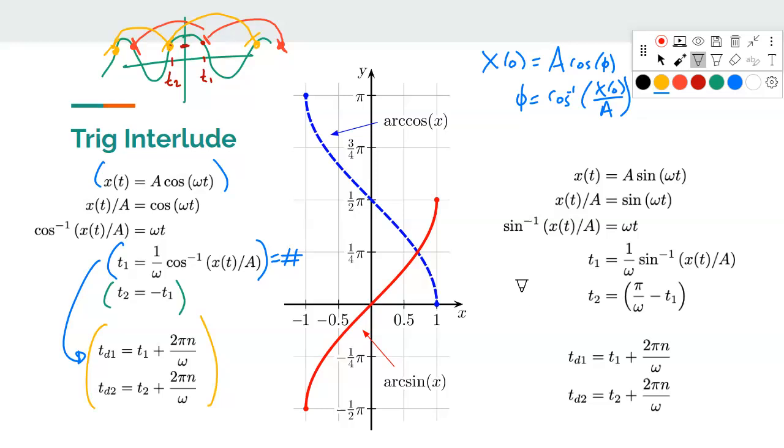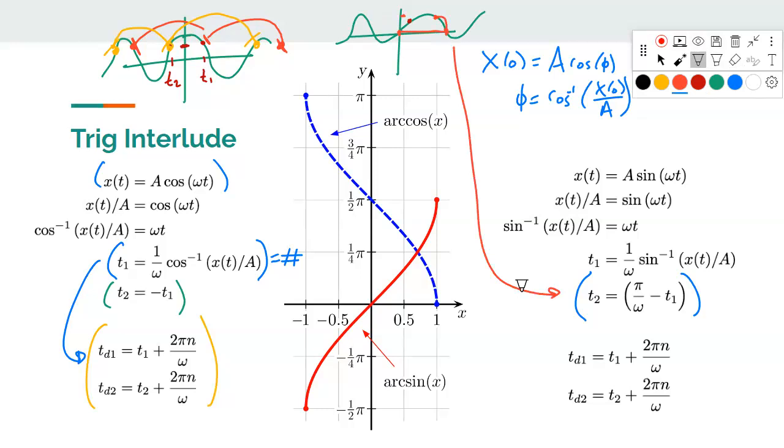But you can see that when you use sine, everything works the same way, except to get T2, it's a different formula. It's pi over omega minus T1. And that's because the sine function is not an even function. It's an odd function. And so if we find a solution here, we can't just go to the other side and expect to see a solution over here, because that's not where the sine is. So what we have to do instead is we have to go over by pi, and then whatever this distance is, T1, we have to go backwards by that to get our second solution. So that's where